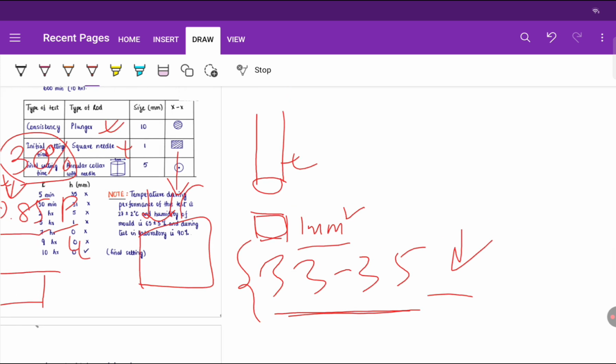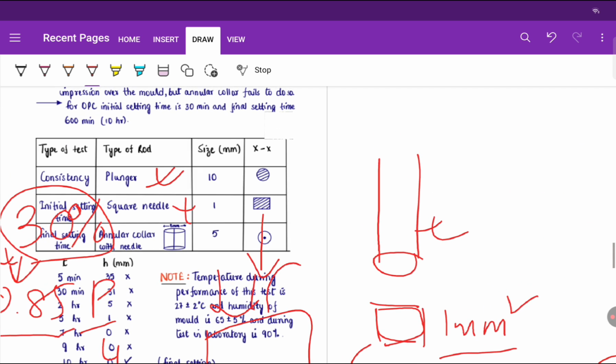Up to that time, from the instant of water addition to this time when it gives 33 to 35 penetration, this duration is called initial setting time. Okay, for final setting time